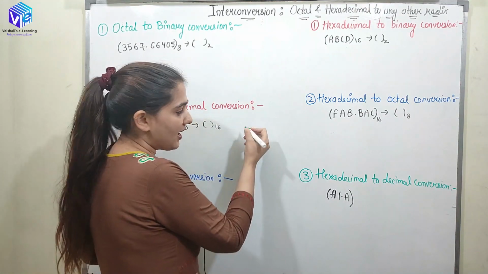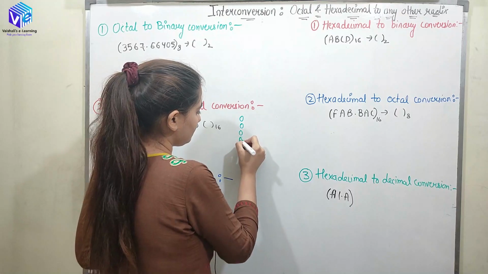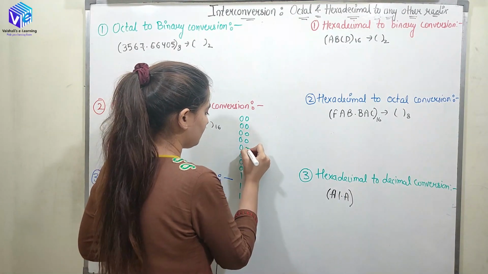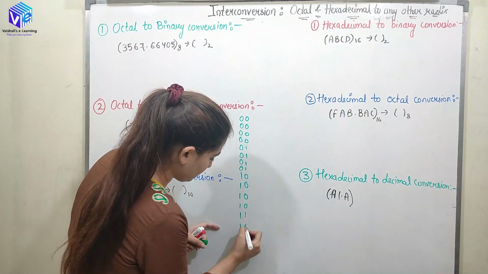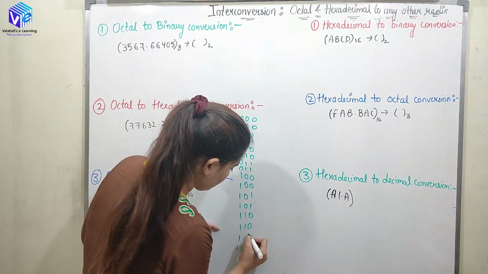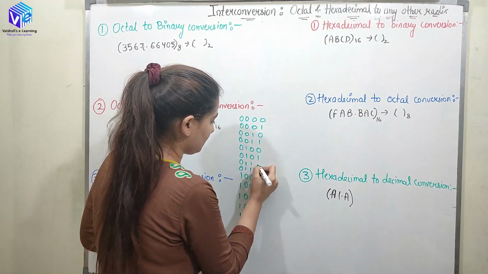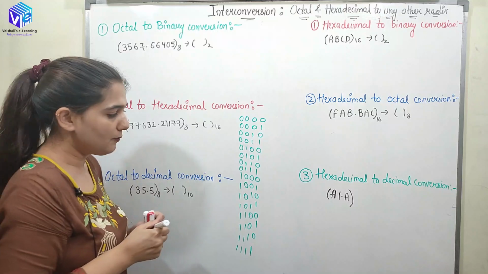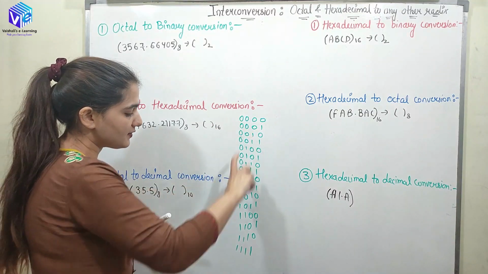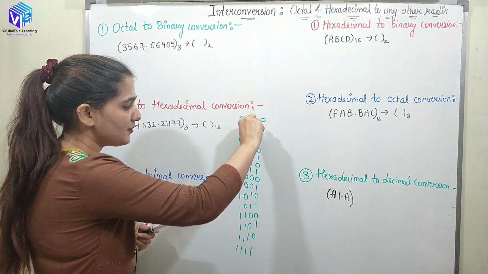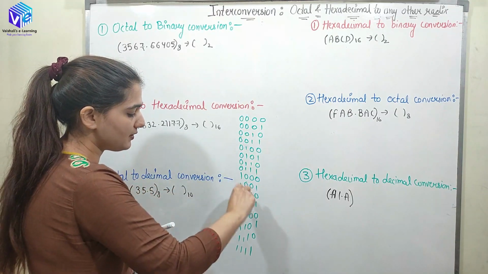So I'm making the chart first of all. Here I have taken 8 zeros, 8 ones, then 4 zeros and 4 ones, then 2 zeros and 2 ones, and so on,